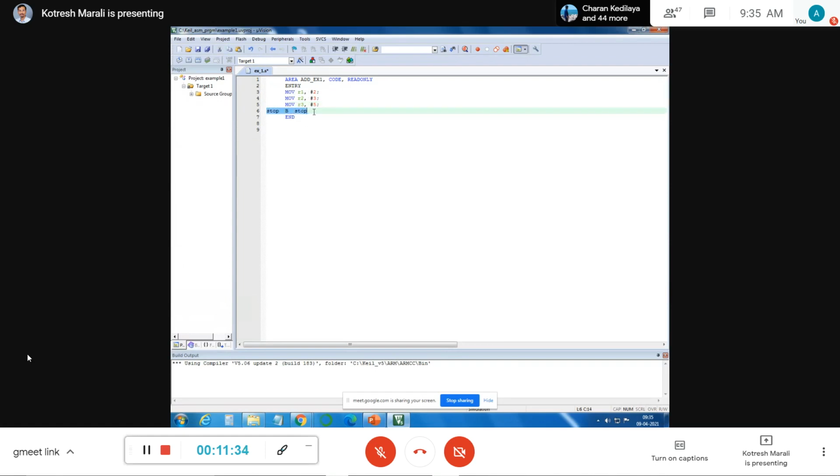And now this is something like your while loop. I am continuously monitoring this region. That's it. B stands for branch. STOP is nothing but a variable, or rather a label. This gives me an address where to jump. When I say branch, I am jumping to the location back here itself, which is nothing but address providing. In assembly programming, whatever you write, this first region is reserved only for labels. Labels are nothing but address providers.